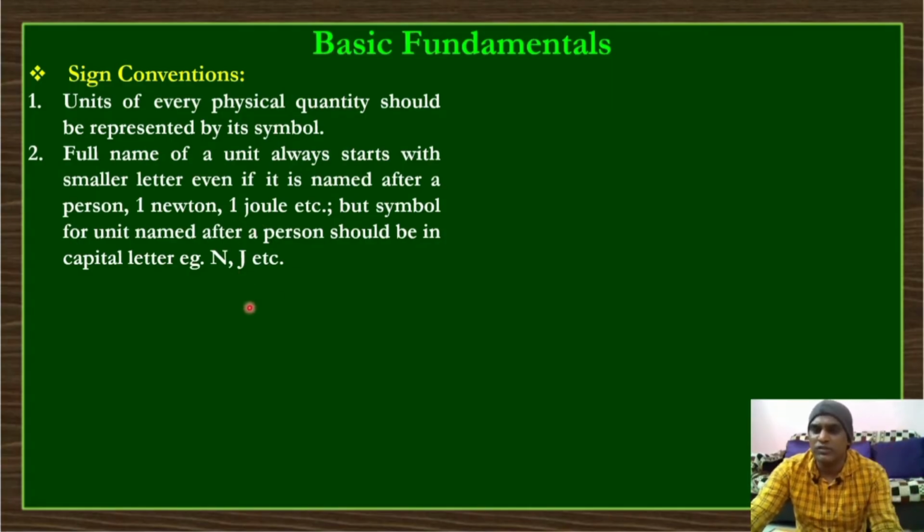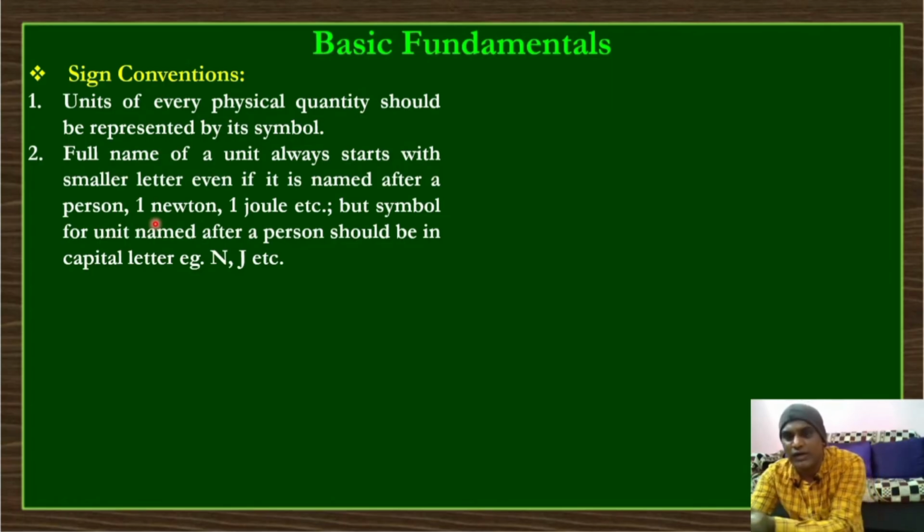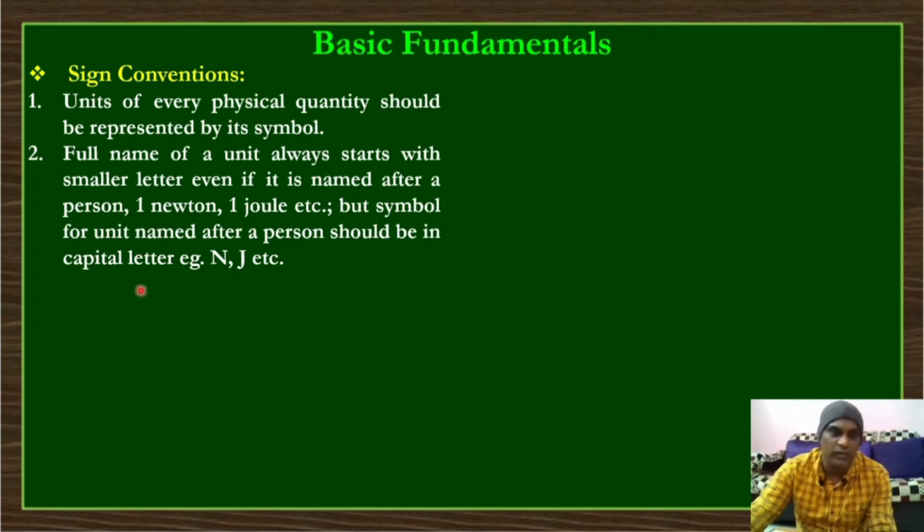Remaining is okay. kg, kilogram. It is not the name of a person, so all are small letters. And kg is also small. Its k should not be capital because it is not the name of a person. While writing kilogram, you can write k as capital, no problem. But kg, its symbol, should be small. But if it is the name of a person or a scientist, then if you want to write the complete unit N-E-W-T-O-N like this, the n should be small. Remaining letters as usual small, no problem.